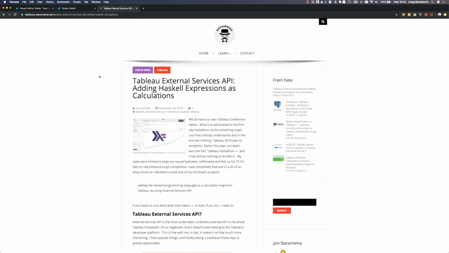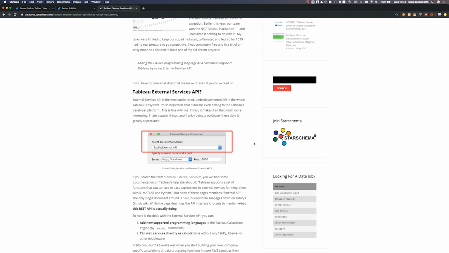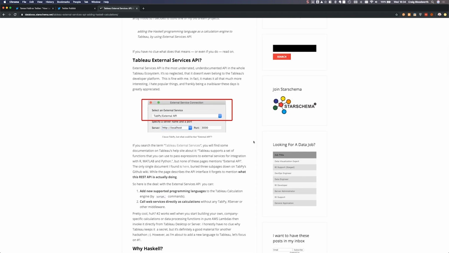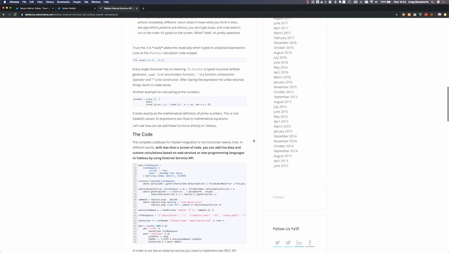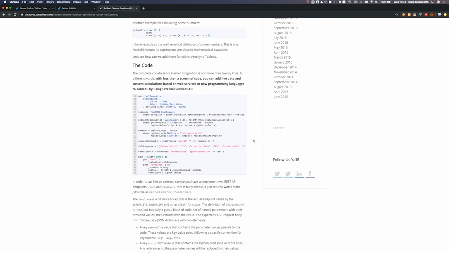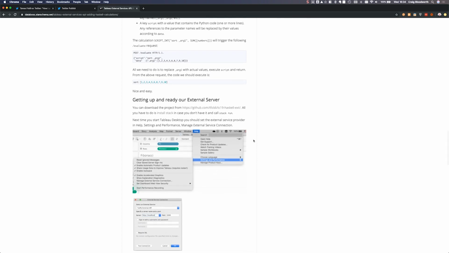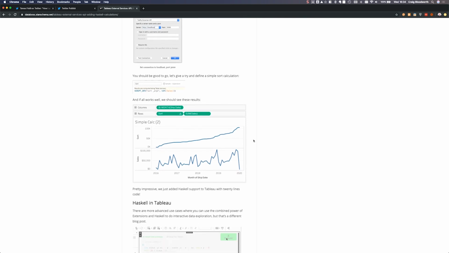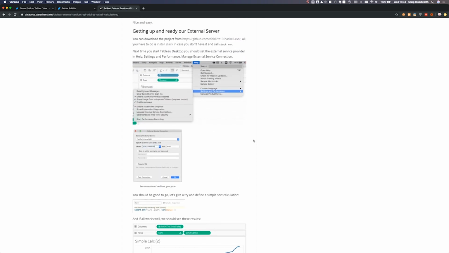Looking at the blog post that accompanied that tweet, Tamas goes through how you can make use of the TabPy external service connection to point it at your own REST API, to have your own code process data from Tableau in real time outside of the product, and then return anything that you want back into Tableau. In the example, Tamas uses Haskell to do a calculation based on the data that's been sent. But when I saw it, I thought, I would really like to make use of